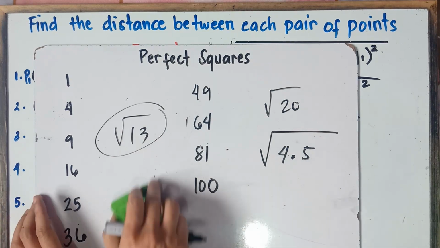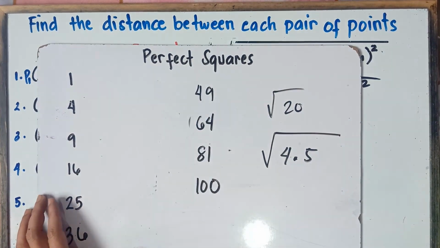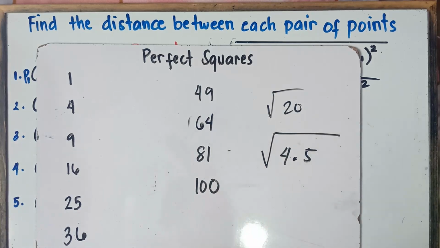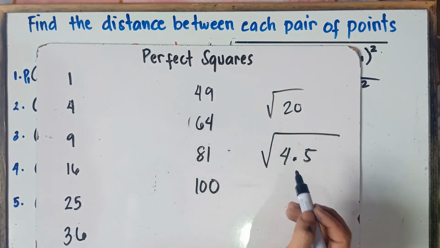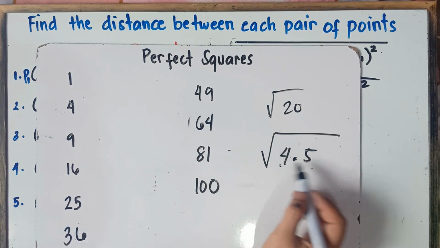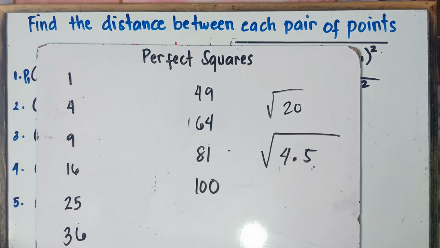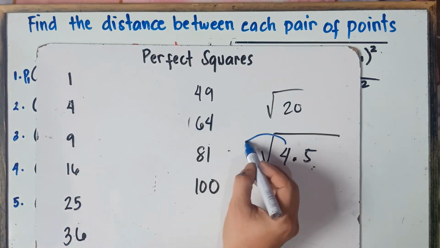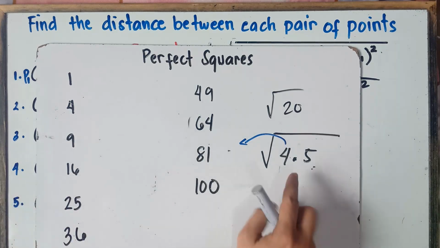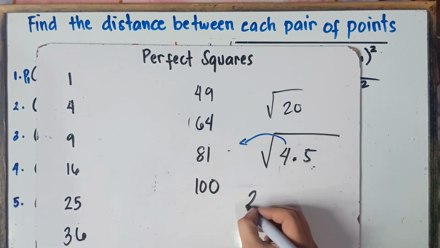But for square root of 20, you can simplify this one. You find two numbers where one number is a perfect square, the other is not. And that will be 4 and 5. 4 times 5 is 20. Now, the square root of 4, what's the square root of 4, class? That's correct. That would be 2. You put it outside the radical symbol. The square root of 4 is 2. You put it outside. Copy 2.